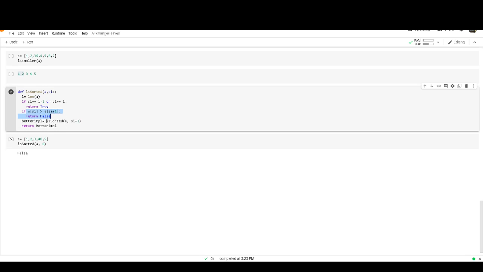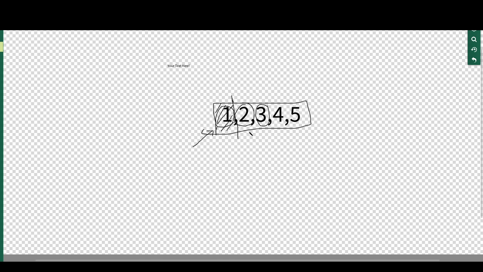Why are we implementing this? Where we draw the line is the main purpose of this logic. Once implemented, we forget this, take 3 and 4, and draw a line here. This is A of HI and A of HI plus 1.